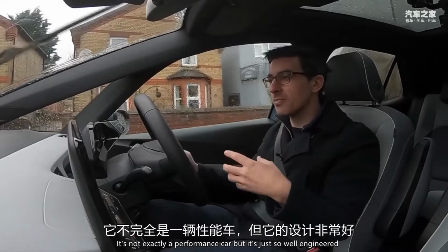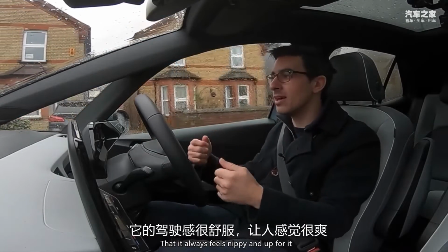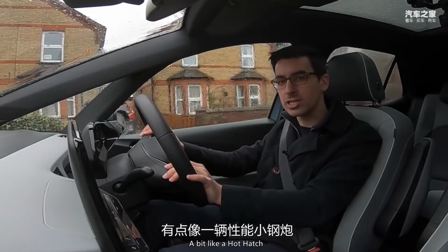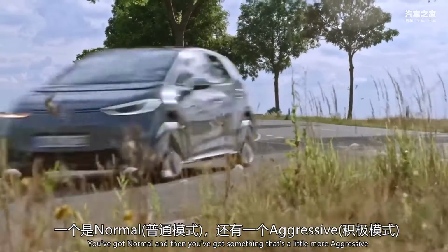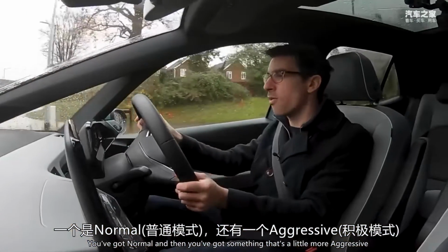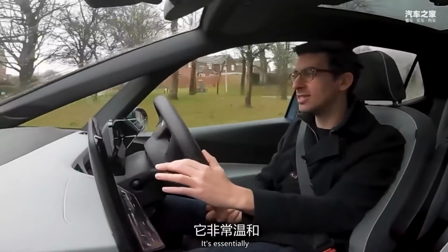It's not exactly a performance car, but it's just so well engineered that it always feels nippy and up for it. A bit like a hot hatch. In the ID.3, you've got two settings. You've got normal, and then you've got something that's a little more aggressive. But I think aggressive's the wrong word. It's essentially